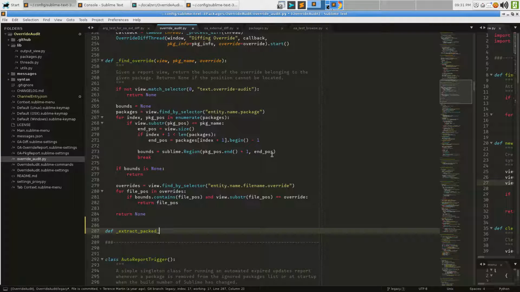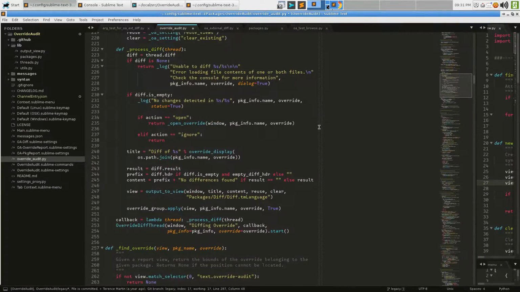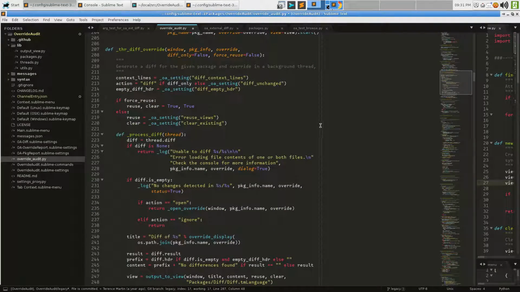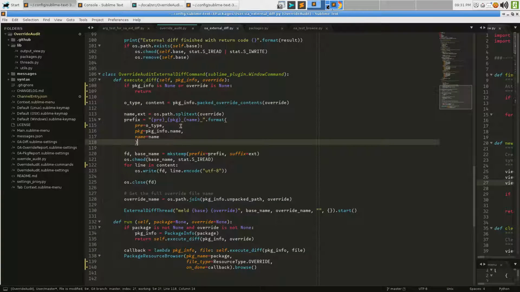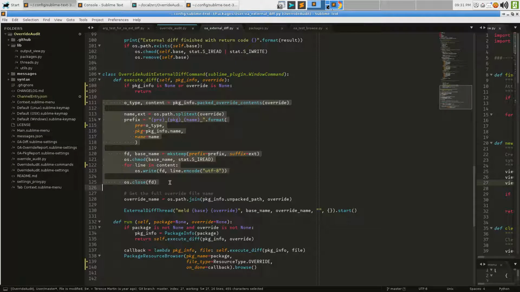Extract packed override, we'll call it. And what are the things we need? We need a package info and we need an override, like so, right? And I believe there are various other things that are doing that. And if we came over to here, that's an implementation detail of this part. So really what we want is all of this and then to return